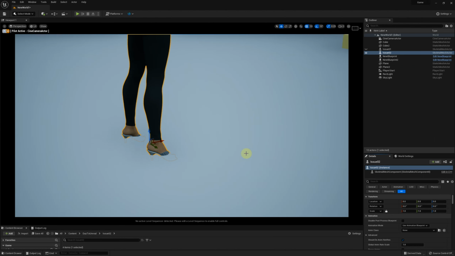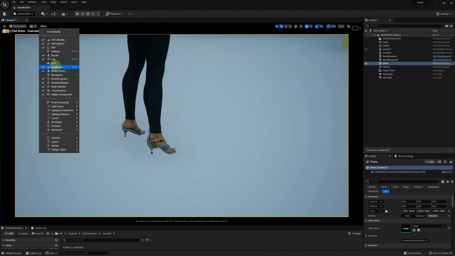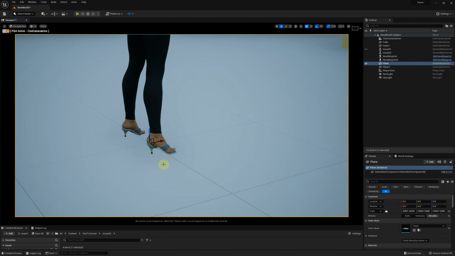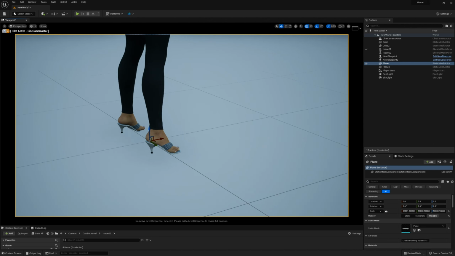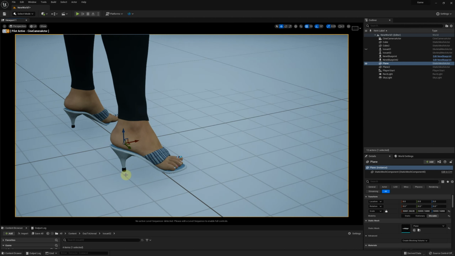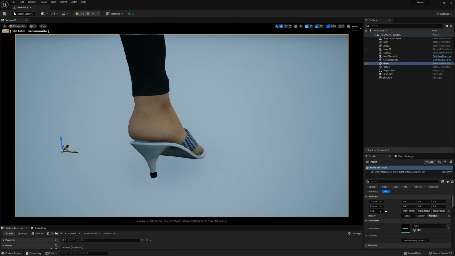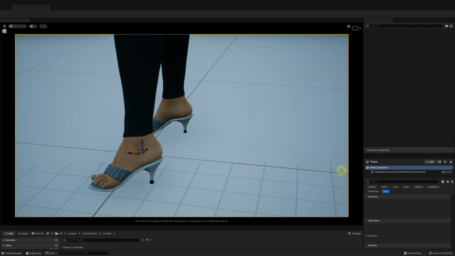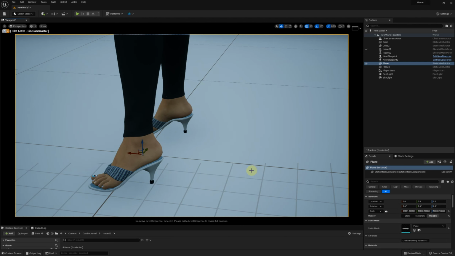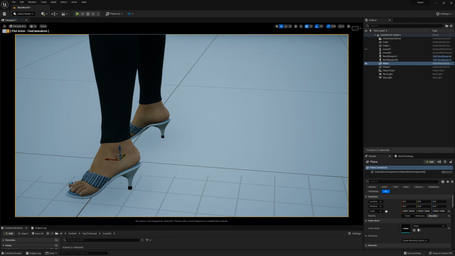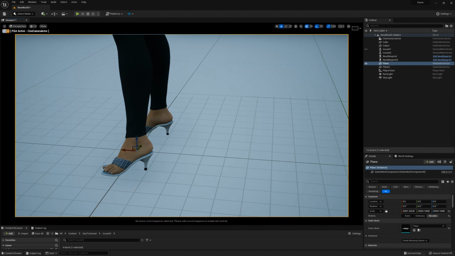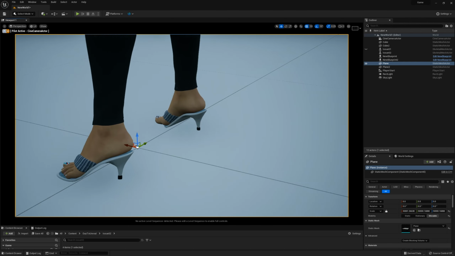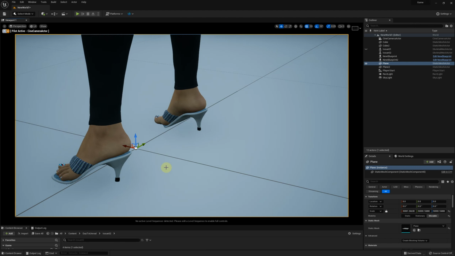Set the ground location back to 0. Now the shoes are correct.